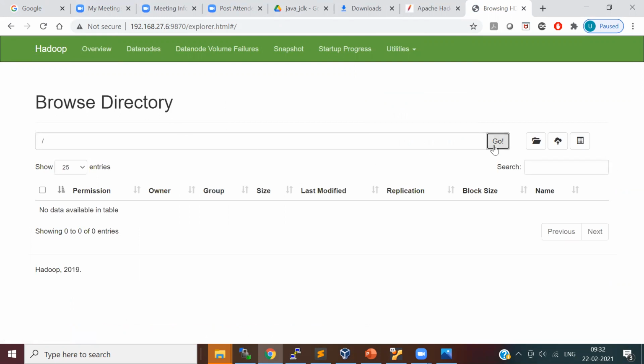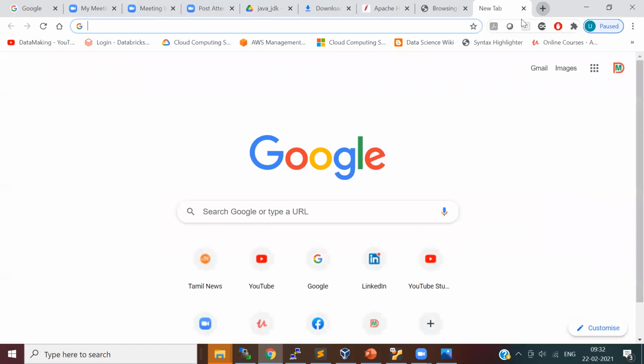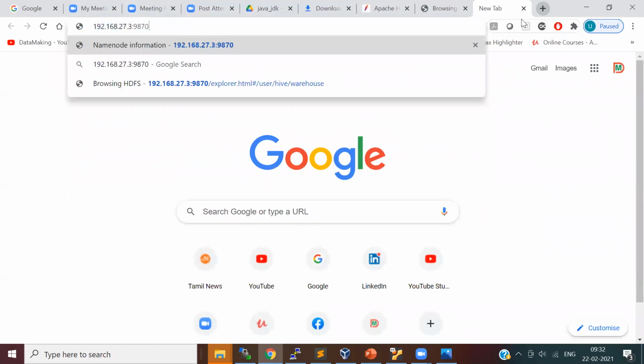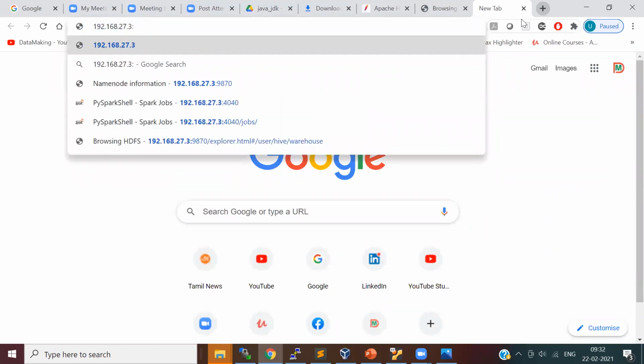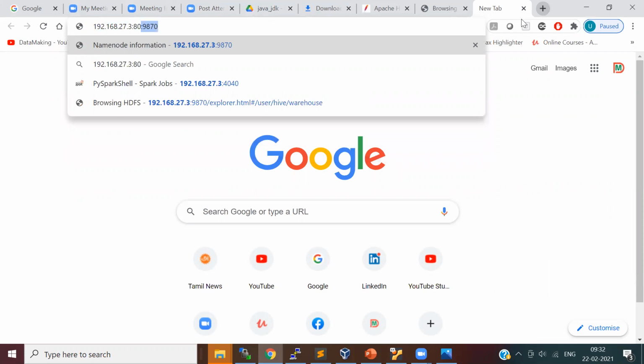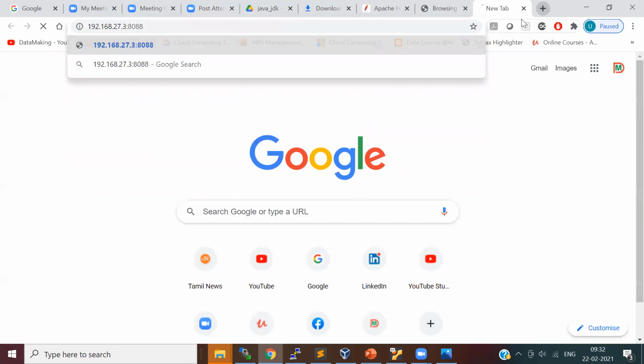So slash is basically the root directory in your HDFS. Right now there is no directory inside my HDFS. Similarly, there is one more web UI, for the resource manager, which is on port 8088.